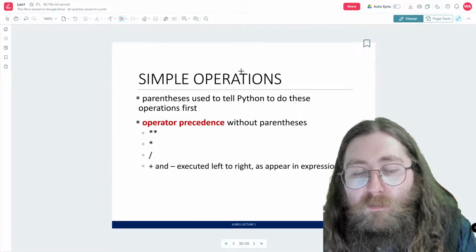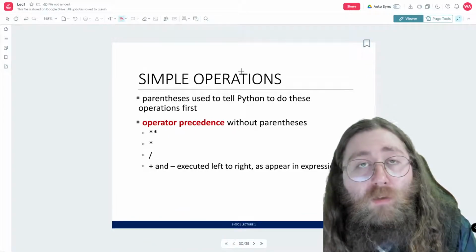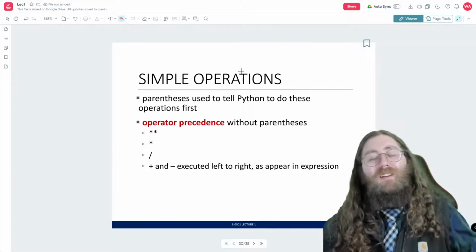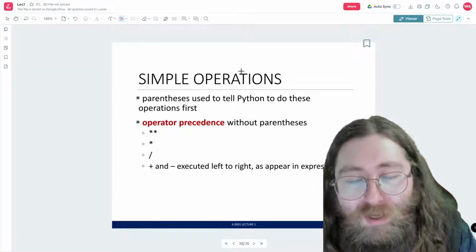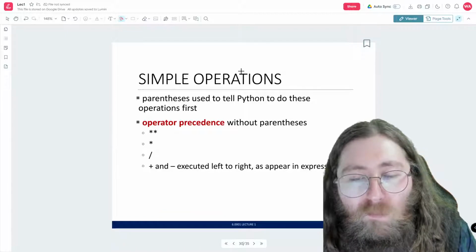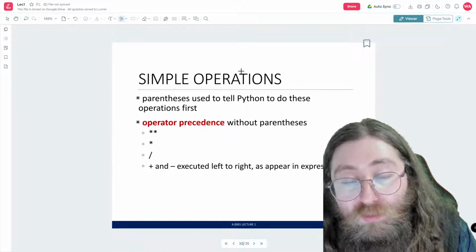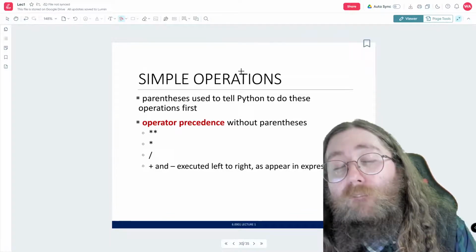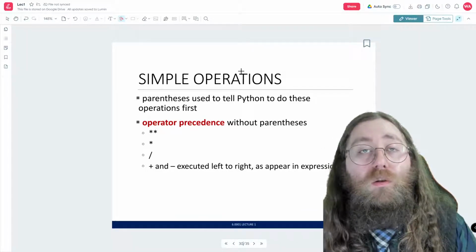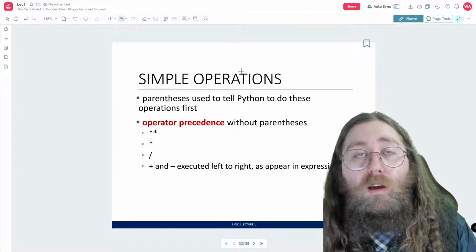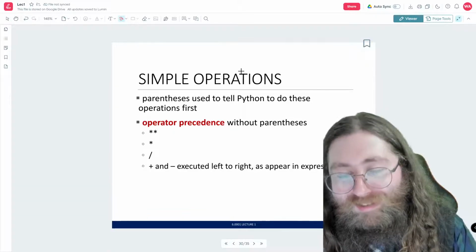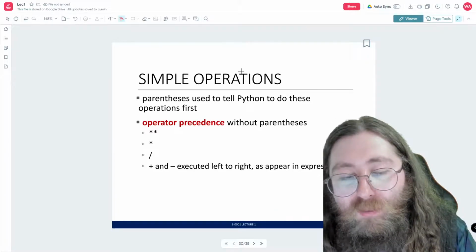So parentheses are really helpful sometimes, but they can become a little complicated to work out. So yeah, Python understands parentheses really well, and it's going to do anything in parentheses first, just like you learned in school when you learned PEMDAS. P is for parentheses.